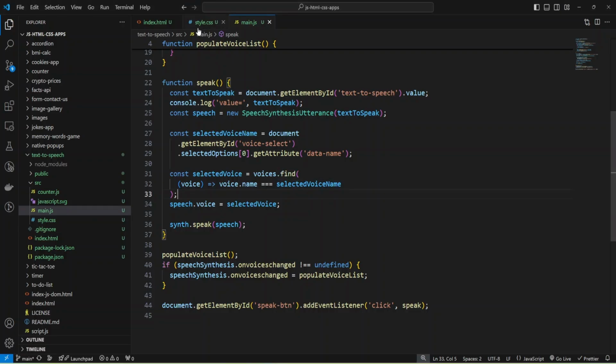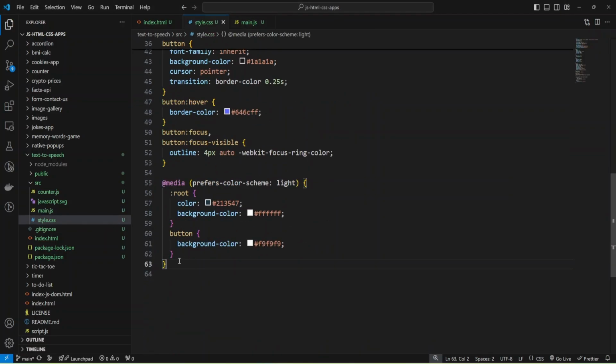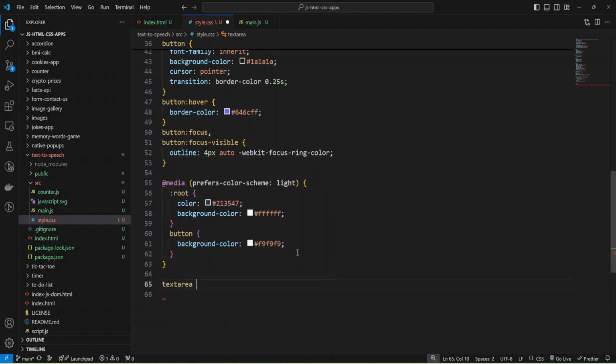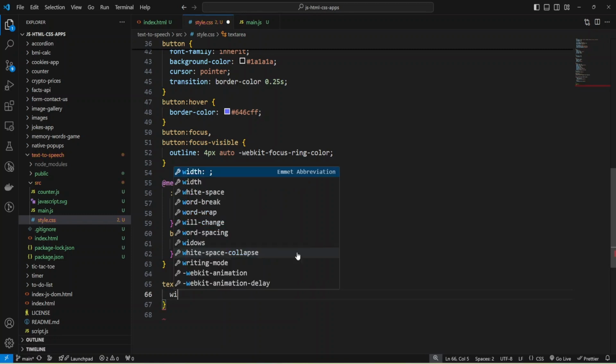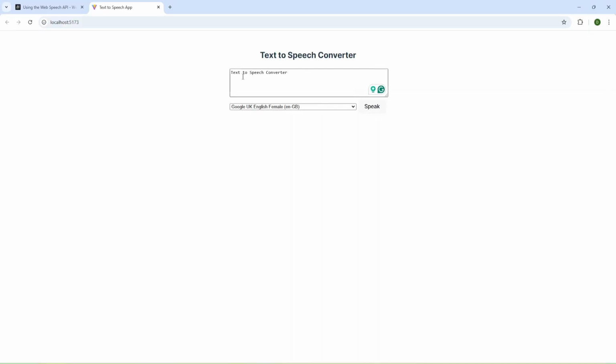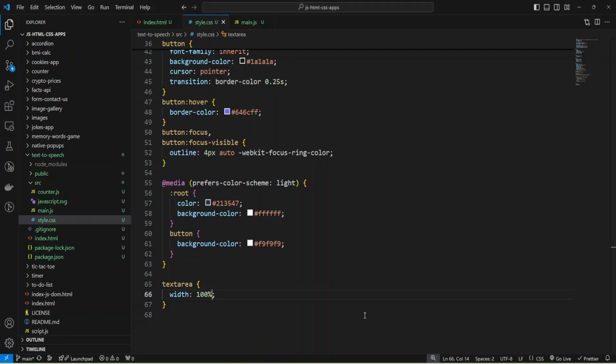And now we can add some styles to our application. I'm going to add styles for the text area, and we'll provide width and make it 100%. Okay, and let's check. And we have changed the width for our text area.